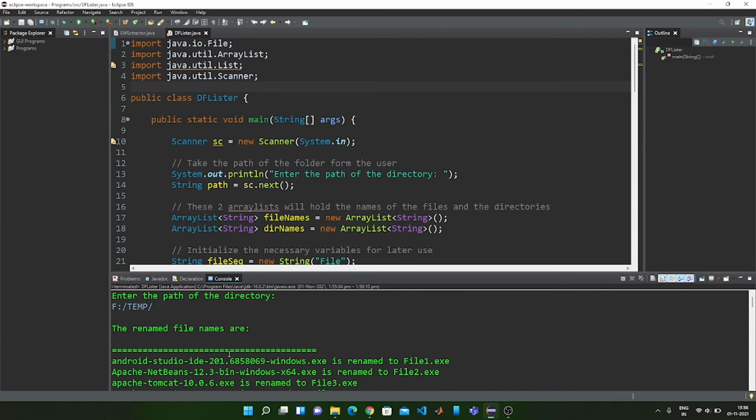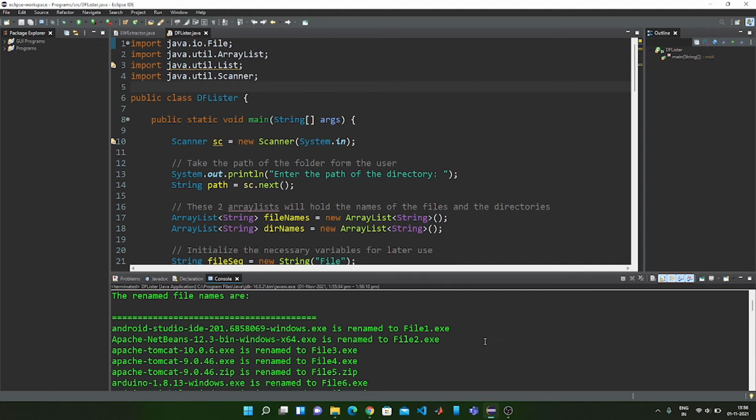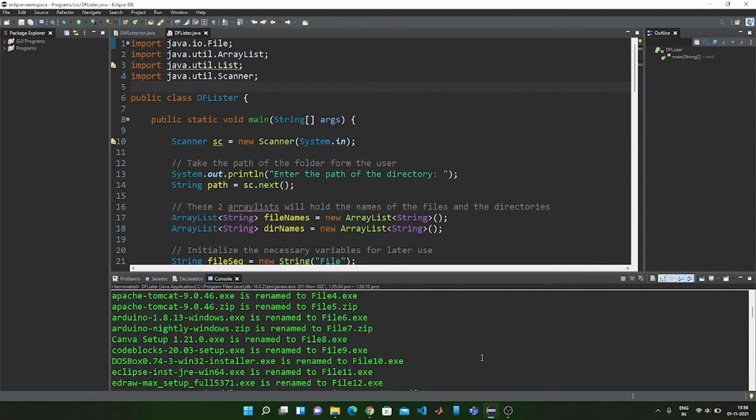Here, as you can see, the file names have been renamed. The first file present in the specific order has been renamed to file 1, and the next file has been renamed to file 2, and then the next file to file 3, and so on.